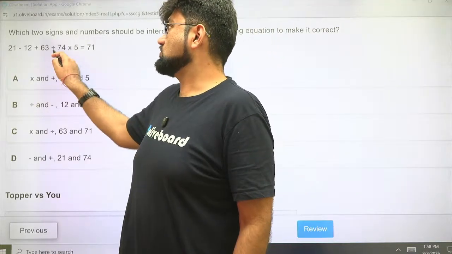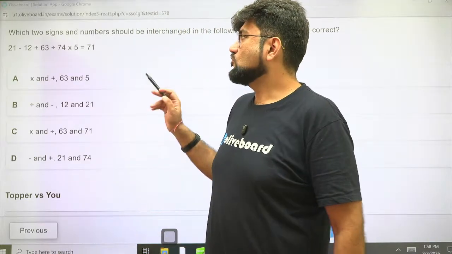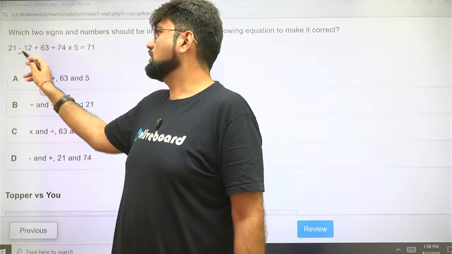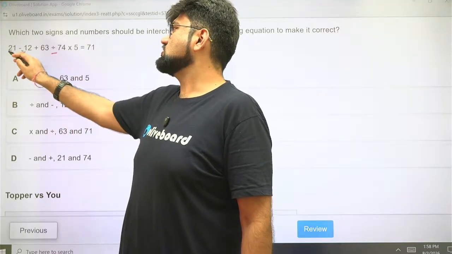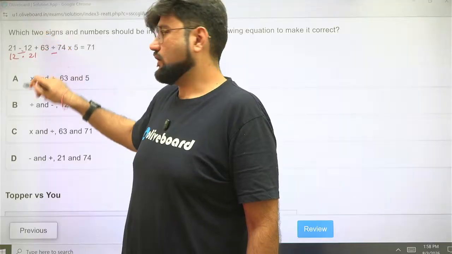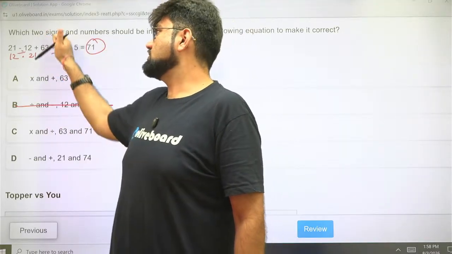First thing is division is not making sense here. 63 divided by 74, not making any sense. So what we do is we immediately look for division based options. So division and minus will go. And 12 and 21 change their positions. Is that making a difference? No, it's not. So this is gone because I need an integer as an answer. Division and into are changing,